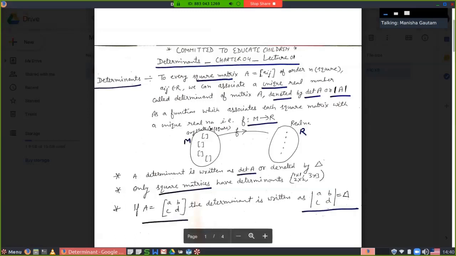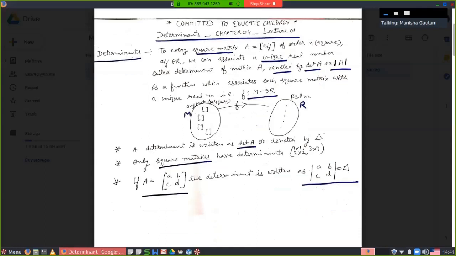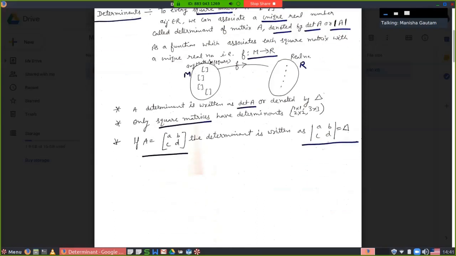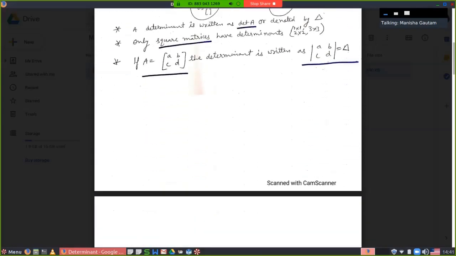So in whole we can conclude it. You can find the determinant of a square matrix only. A matrix is a rectangular arrangement, and a determinant is a particular real number which is mapped by each and every square matrix. It means each and every square matrix can be represented by a single number. That number is known as a determinant.